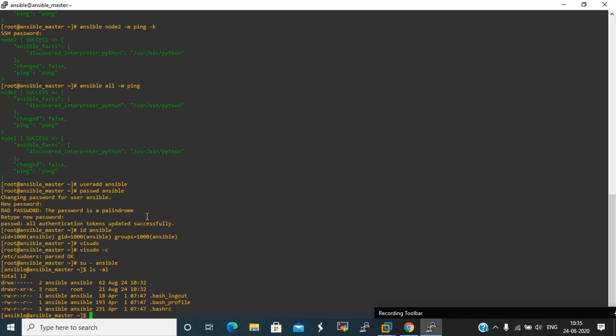First, we will create the users on all nodes, and then create the SSH key, because we have to do passwordless SSH from Ansible user to Ansible user. We can use different users also, but for ease of use, we use only one user for Ansible.